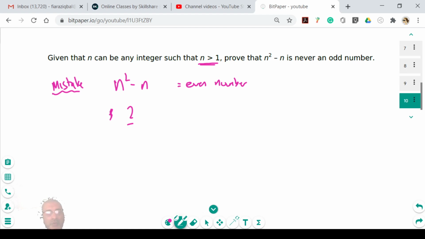The reason this is the wrong way to go is because you've got to prove. And in my previous videos, I've made it quite clear that when it says proof, it must be an algebraic proof. This was a 2-mark question. And one thing I always do, if I look at a question and I can't really see what it's going at,